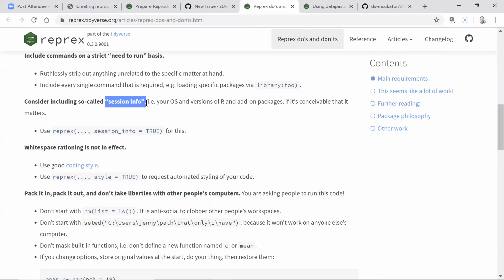Sometimes the problems that you experience might be due to, for example, differences in package versions between you and someone else. In that case, it might be useful to use the argument to reprex called session info. If you set that to true, it will produce a nice drop-down menu that you can expand to see the details of the session information of the person who ran that code, who created that